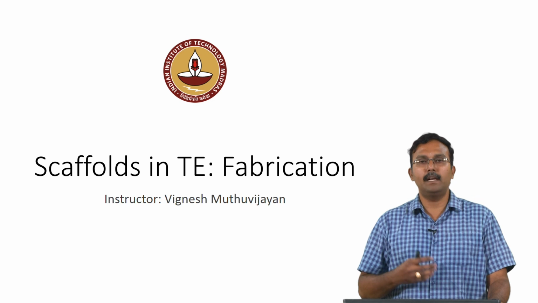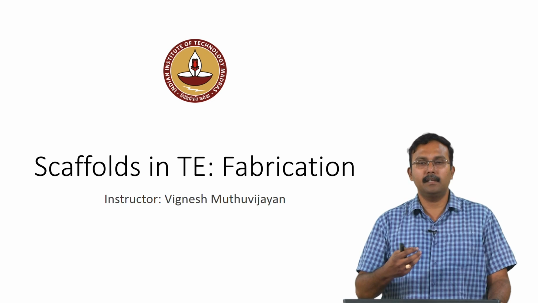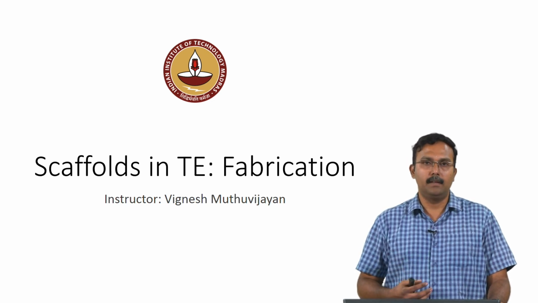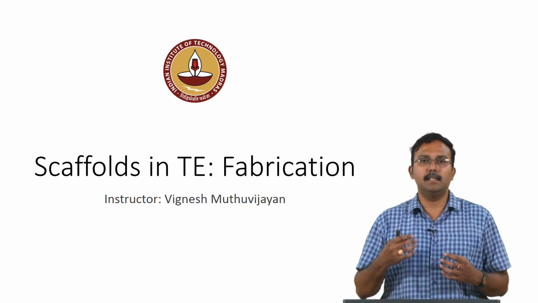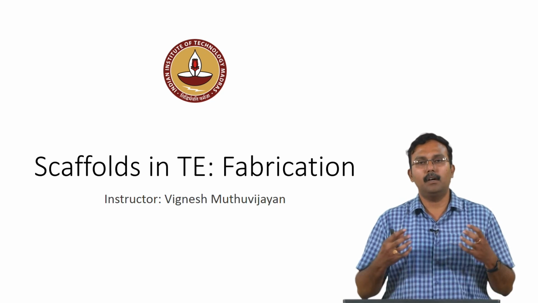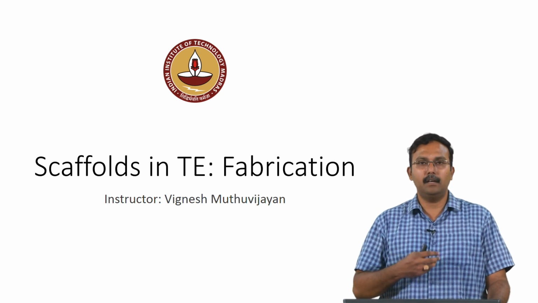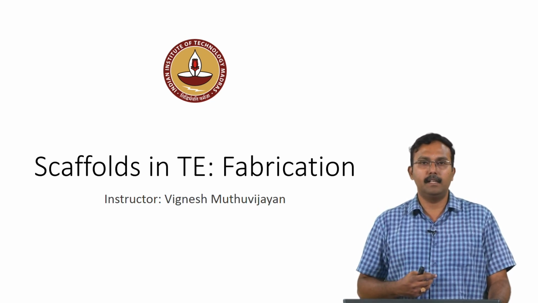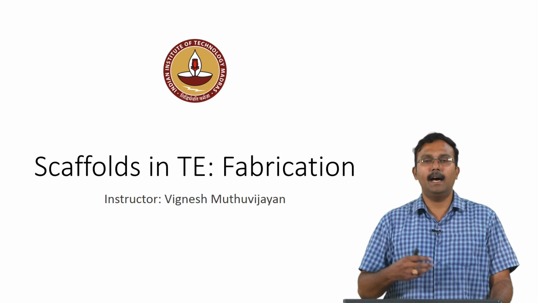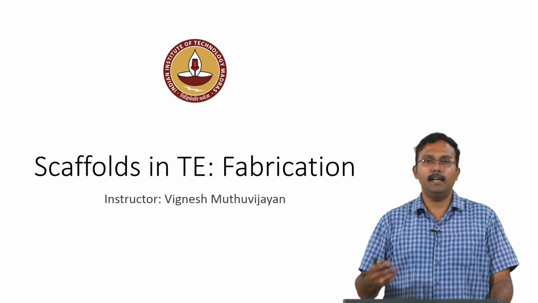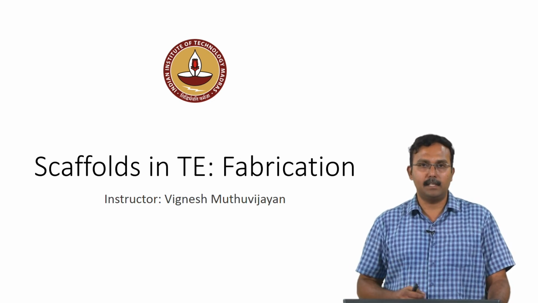Another factor is pore interconnectivity. So, when you create pores in a scaffold, you need to have them connected to each other. Why is this crucial? When you have good pore interconnectivity, you will have better cell infiltration, which means the cells can actually go inside the pores and populate the tissue to form a living tissue. So, creating an interconnected pore would be advantageous. This can also help in formation of blood vessels. So, this way you would have sustained nutrient supply and toxin removal. So, this is an important factor which needs to be considered as well.